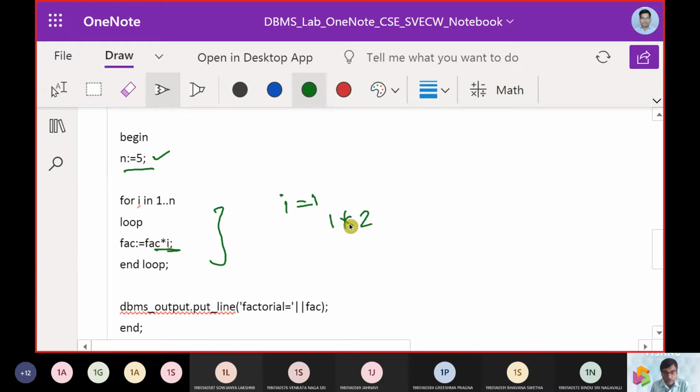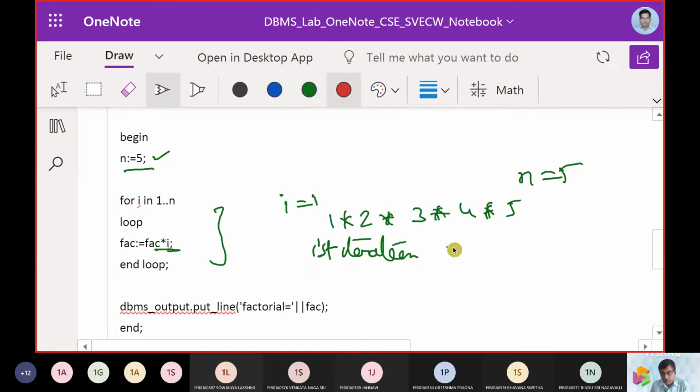So you get the first iteration, second iteration, third iteration, fourth iteration, and fifth iteration, and n is equals to 5. So this is what we get in the first iteration, and then we look at these things up to the fifth iteration. At the fifth iteration, the loop terminates.